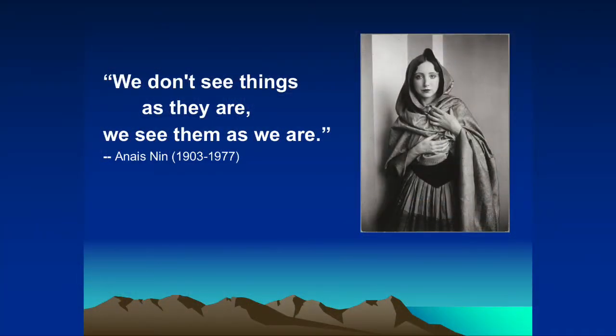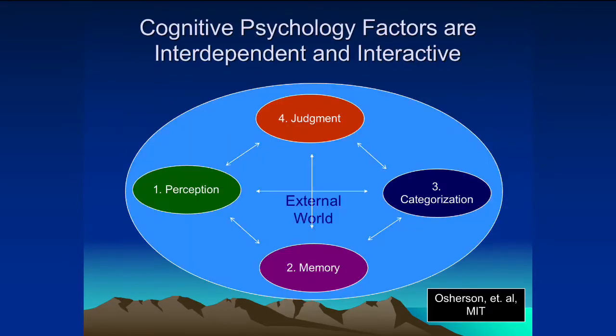So I'm going to continue now with a transition from cognitive psychology into cognitive therapy itself. I was talking last time about how when we look at things, we actually don't see them as they are, we see them as we are, as Anais Nin says. In cognitive psychology, we know that the mind has to process things according to our perceptions.